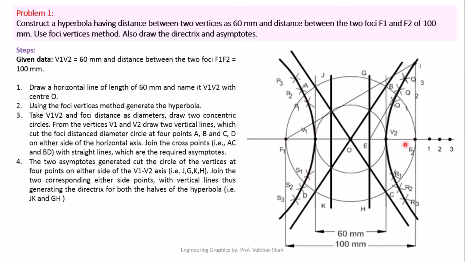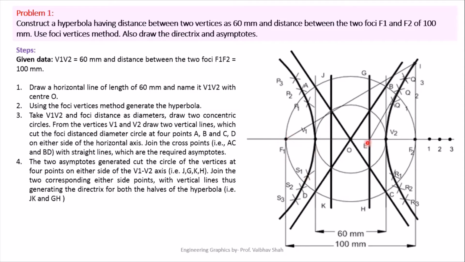After that, now we have to change the radius. So now we'll be taking the radius of V1 1. Previously we used the radius of V2 1. Now we have to change the vertex point and change the radius. So we will be selecting V1 1 on our rounder. Now put your rounder at F2 once again, but this time we'll be drawing the arc in a cross quadrant manner, meaning we will try to cut the arc drawn by F1 previously somewhere here, and we have to cut the arc at the bottom side of your F1 somewhere here. Now we have to change the center to F1.